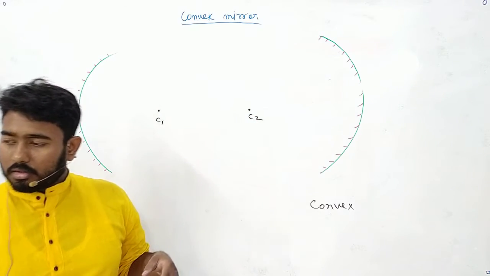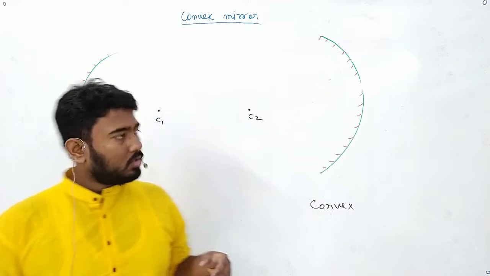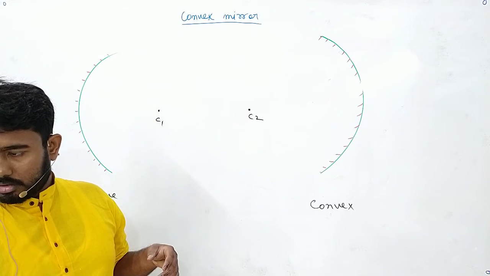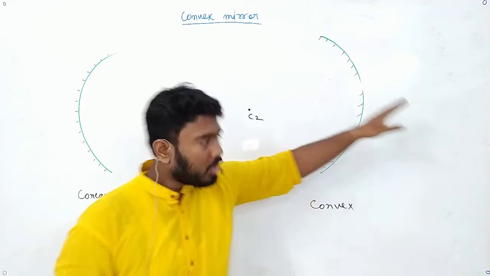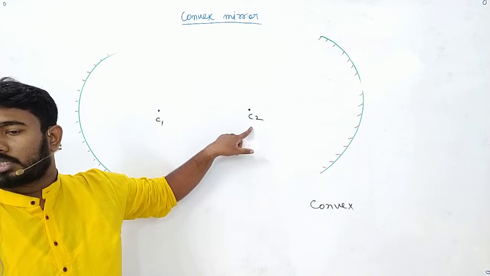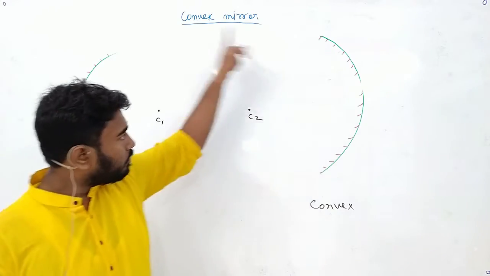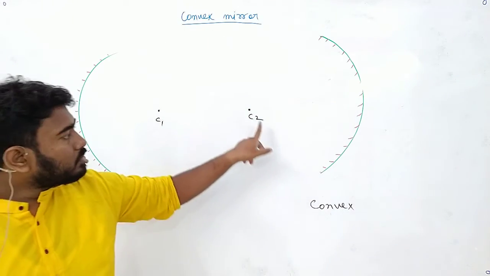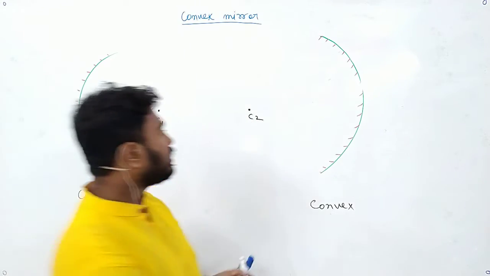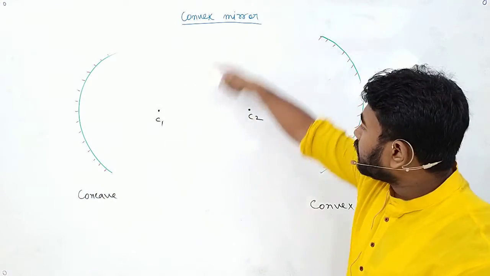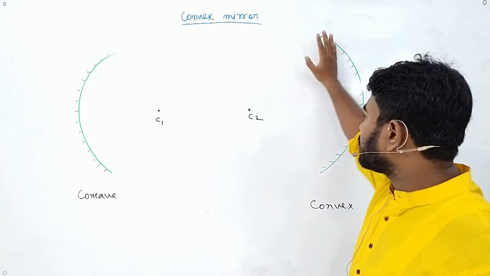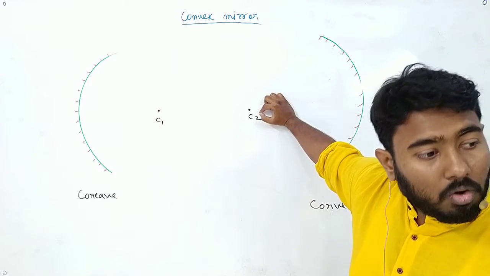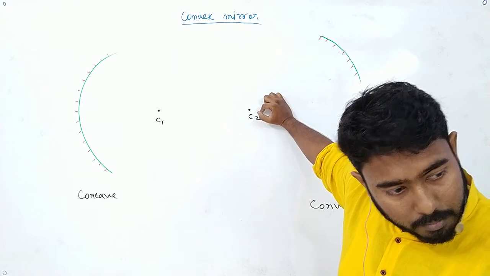Yes, tell me. Sir, but that area is not a reflecting surface, but in that area it was a convex, as that was a reflecting surface. Yes, so this one is the reflecting surface, outer side reflecting, but the center is towards the inward side. Why? Because it is part of a sphere and the center of the sphere lies at this position. Where is that center of a sphere? The center of a sphere is at this position. That means for a convex reflecting surface, the center will be towards the non-reflecting side. Is the idea clear?